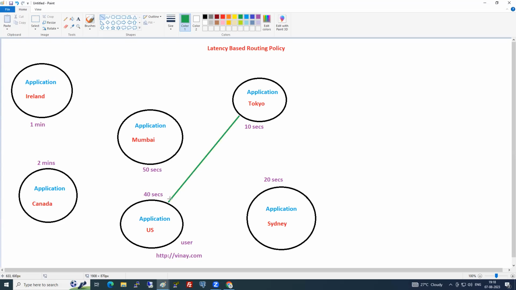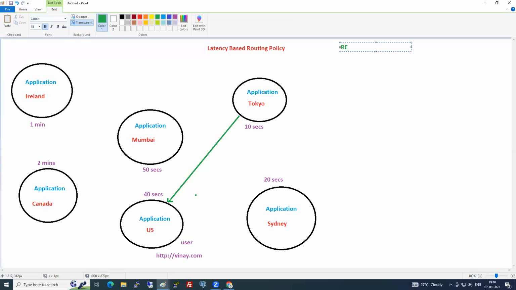Because what based routing policy is this? Latency based routing policy. Doesn't matter which region he is in. Whichever region is giving the low latency, the fast response, the request will get redirected to that particular region. But in real time, will it get from Tokyo? No, it will be from the US only. Because it doesn't matter about the region, based on the latency, it automatically gets connected.